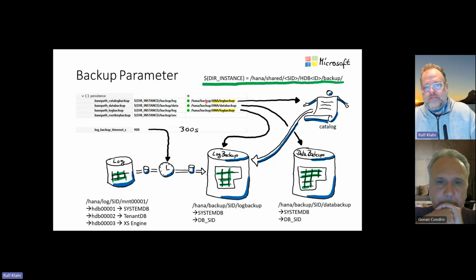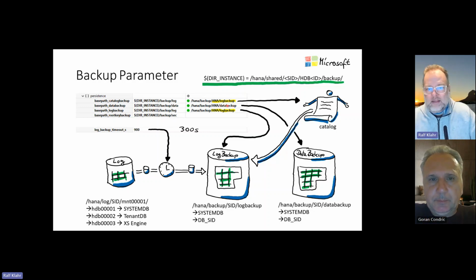Therefore, the ask would be to create a backup volume and put the log backup and data backup there. The data backup, for example the normal NFS backup, gets stored here. We do nothing special, but make sure that you point this to a certain volume. Another idea, to have a shorter RPO on the destination volume when you work with cross-region replication, is to set the log backup timeout from 900 seconds, which is 15 minutes, to 5 minutes, for example 300 seconds. Then you get more frequent log backups, and by this you make sure you have a more frequent copy to the DR destination.